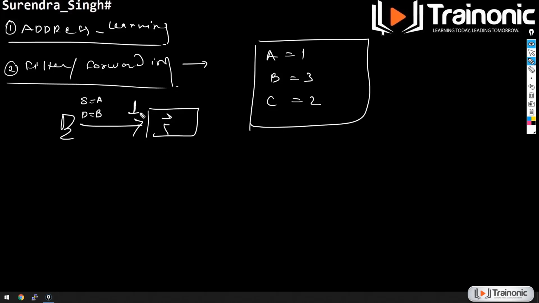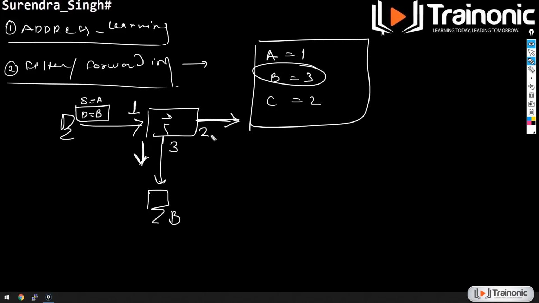Now the switch will decide that since the frame has to go to the destination MAC address B and B is available out of port number 3, the frame will be forwarded out of port number 3 and it will be filtered out of port number 2. So the filter and forwarding decision ensures that the frame is either forwarded out of a certain port or filtered out of a certain port.